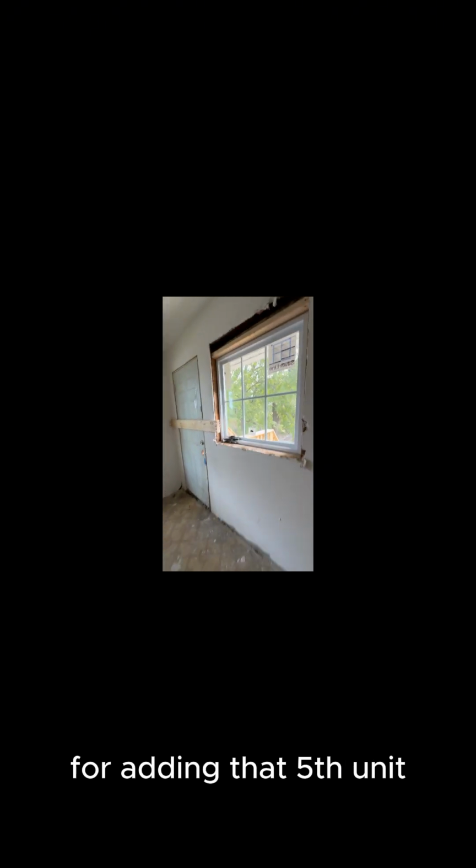After those expenses, your net operating income, or NOI, comes in at $33,600 per year. Now, let's talk about the cap rate, which is a critical number for investors. The cap rate on this property is 7.56%. That's a strong return in any market. And when you factor in the potential for adding that 5th unit in the basement, the deal becomes even more attractive. Cap rates like this are especially appealing when you're looking at long-term investments with the opportunity for appreciation and